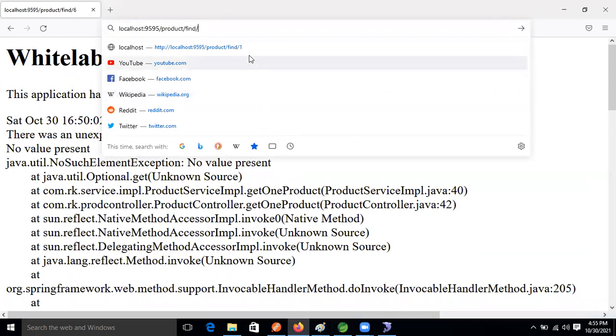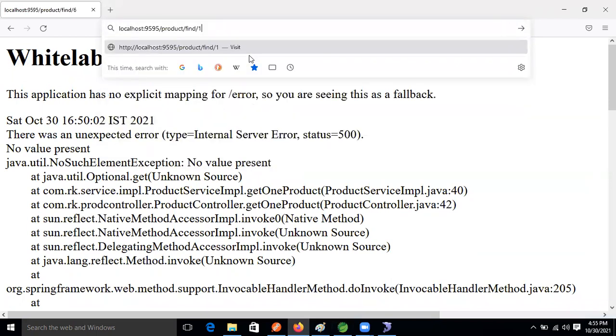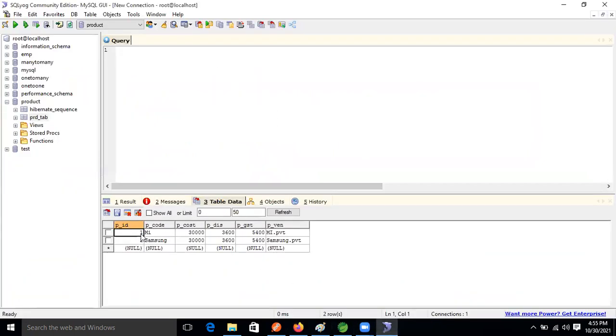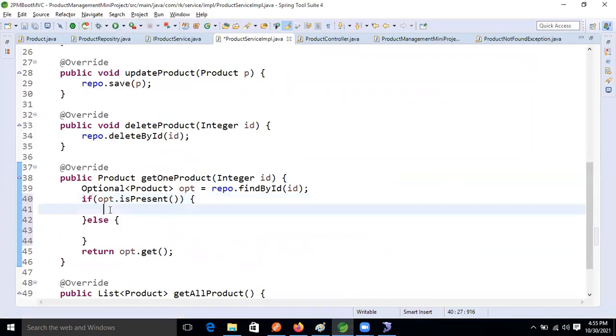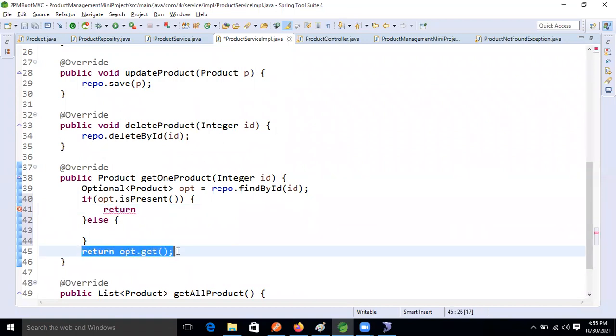One is present, Ravi, guys, in the database. If this id is present, then what you have to do now? Return this one.